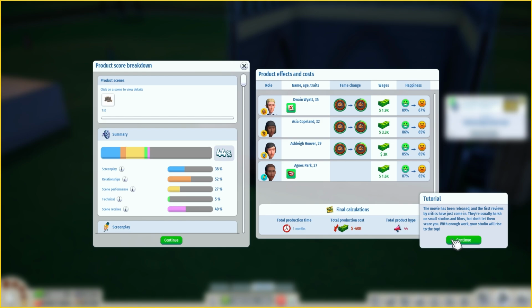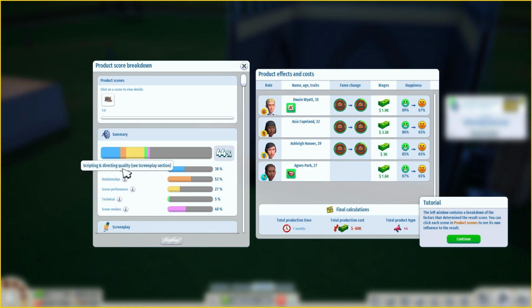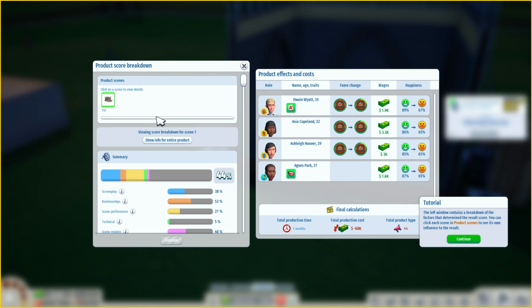The movie has been released and the first reviews by critics have just come in. They're usually harsh on small studios and films, but don't let them scare you. With enough work, your studio will rise to the top. The left window contains a breakdown of the factors that determined the result score. You can click each scene in product scenes to see its own influence on the results. Right, yeah. But this has only got one scene anyway, so...